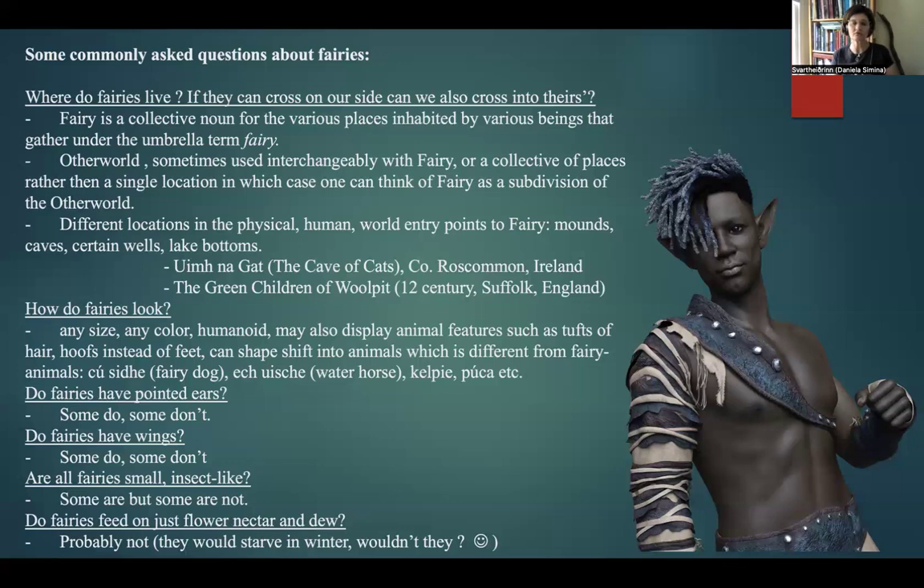Do fairies feed on just flower nectar and dew? I couldn't resist including this. This comes from Theosophical